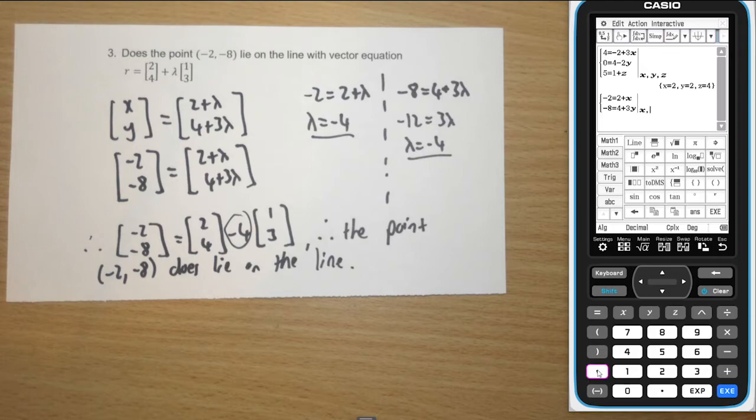We'll solve it for x and y. And here you can see that the values are the same for x and y, which means that the lambda values are the same. Because the values of lambda are the same, this point does lie on the line. The point (-2, -8) does lie on this line, because there does exist a lambda value that allows us to